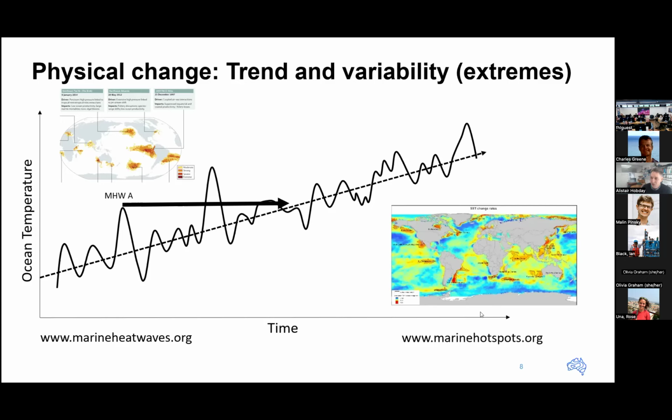And I became particularly interested in marine heat waves as an example of a window into the future. And so this marine heat wave here that I've indicated as marine heat wave A is actually giving us a look at what the average temperatures in the ocean might look like in another 30 years or so. And so that's a way of learning faster. By using that temporal variation, I'm able to learn faster about the future and help people think about how to operate differently. And so I think it's really important that you be able to put together both long-term change and extreme events when you're thinking about the future.